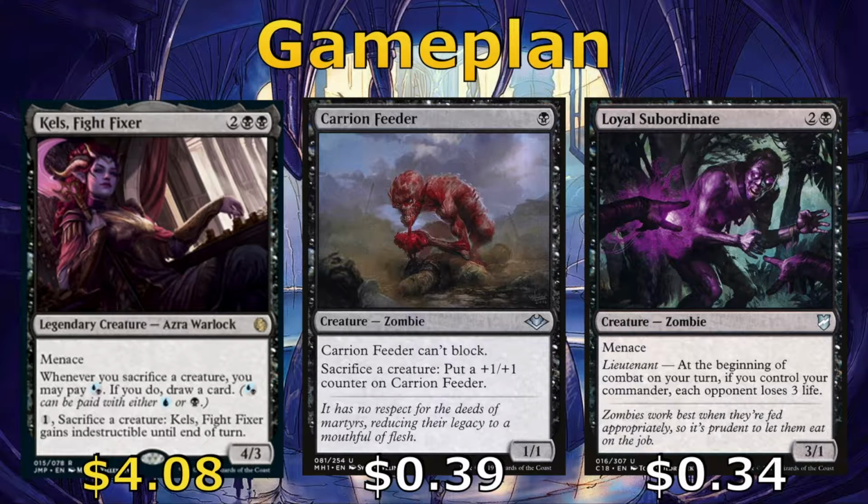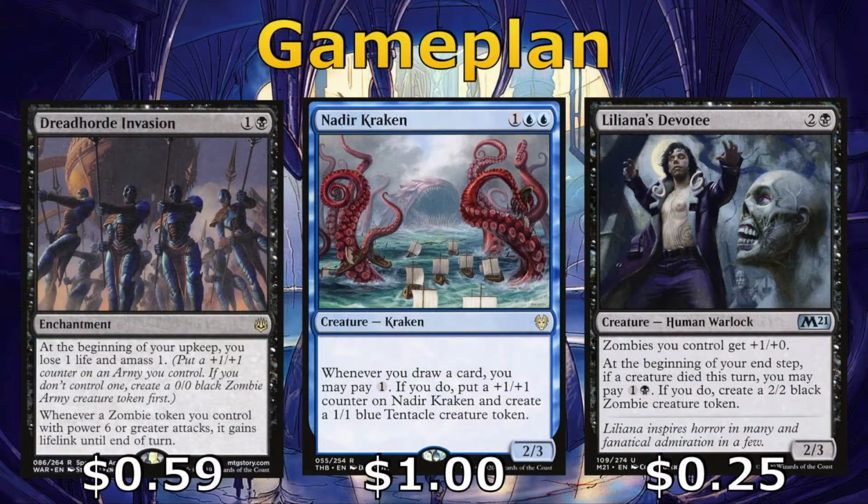We were able to do so fairly well, as long as our opponents aren't running too much bounce or exile type effects. The Subordinate is going to be forcing our opponents to lose 3 life per turn. For some sacrifice fodder, we have Dreadhorde Invasion, Nadir Kraken, and Liliana's Devotee, all of which make tokens. At the beginning of our upkeep, the Dreadhorde Invasion is going to drain us for 1 life and give us a 1/1 zombie. We can then sacrifice those every single turn to Kels, giving her indestructible or helping us to